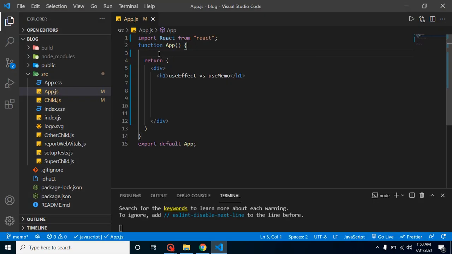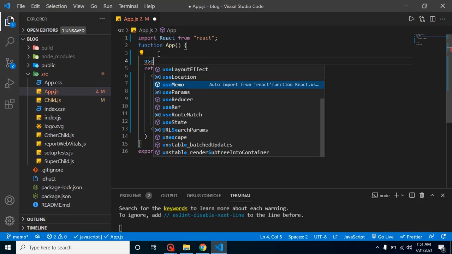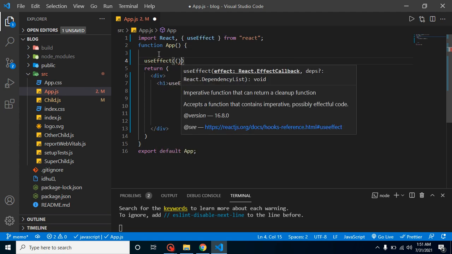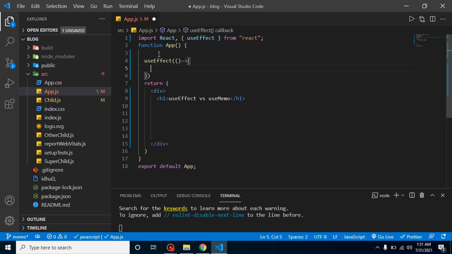So let's say we are using useEffect here like this, and as we know, it will be called whenever our component is loaded, right? So I want to write any big logic whenever our component is loaded. So obviously I will write it here, right? For a moment we cannot write lots of code, but I can show you an example, right?